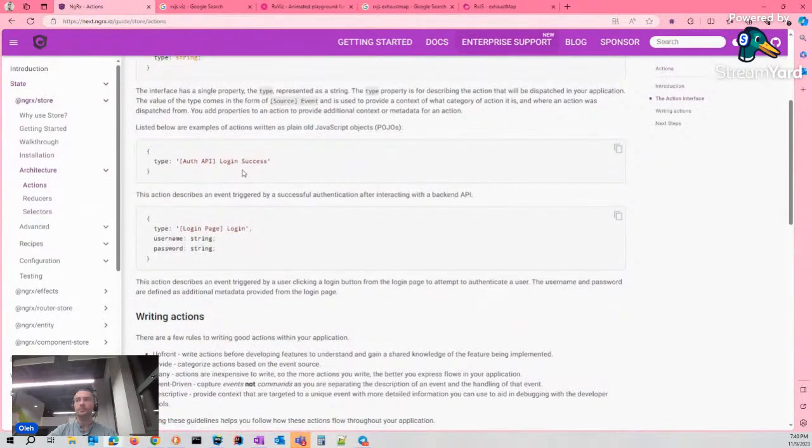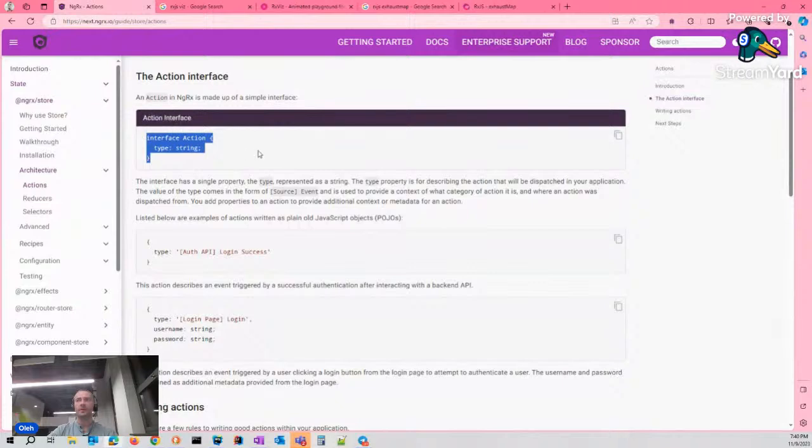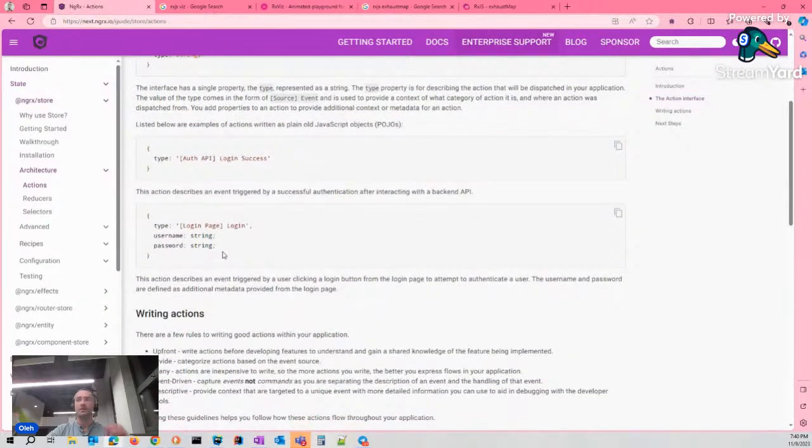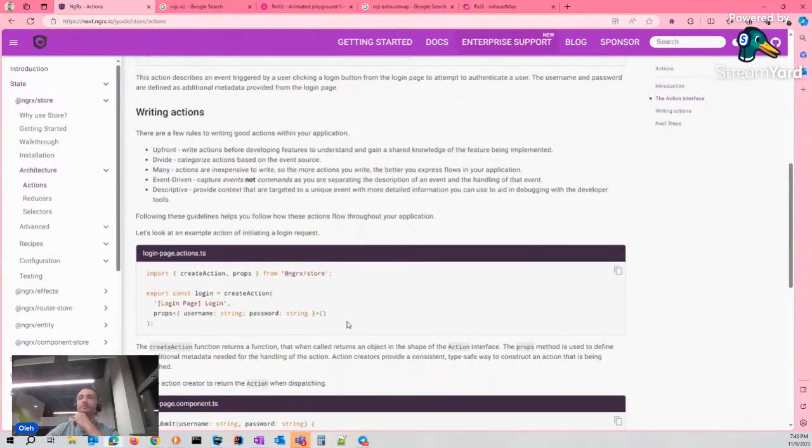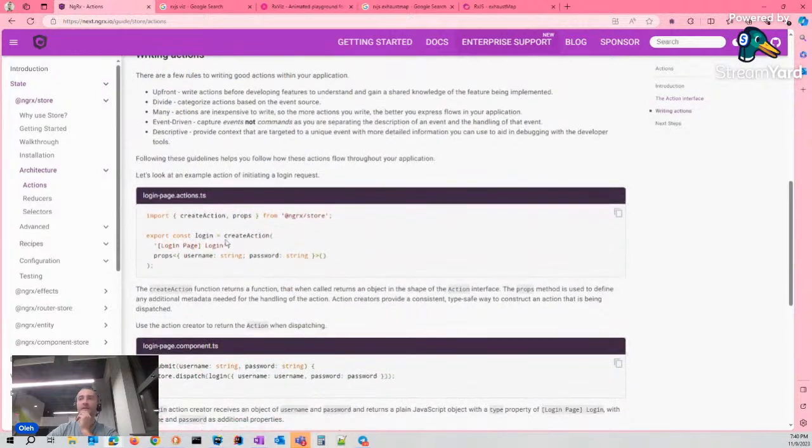We have to define some interface of it, but the simpler way is to use this createAction function from the package and provide the unique name of it, and maybe we need props, additional properties for this action, to pass into the place where we handle this action.